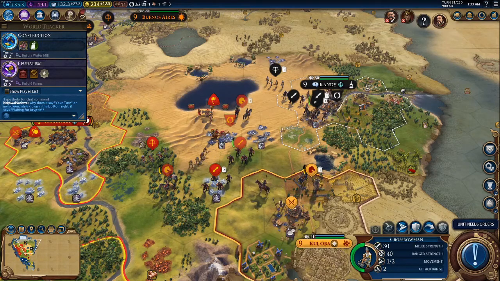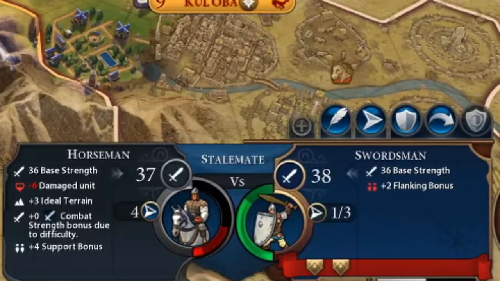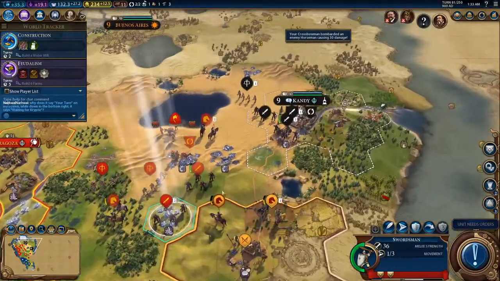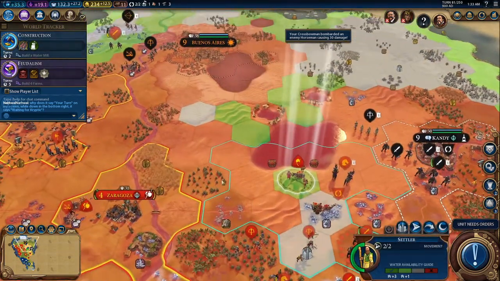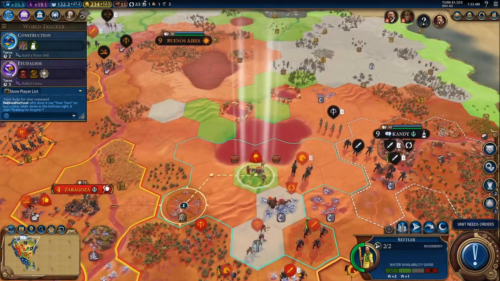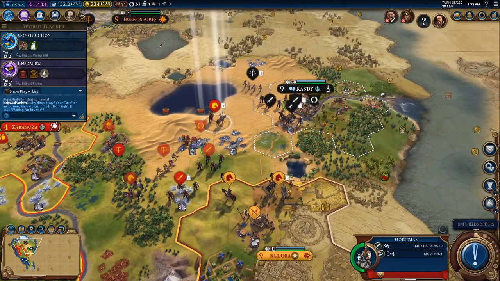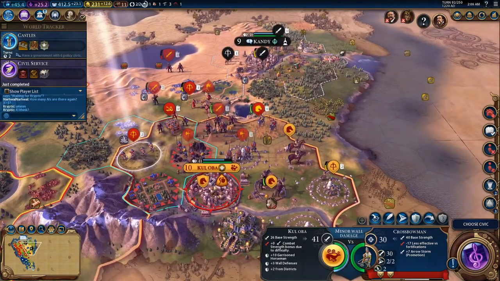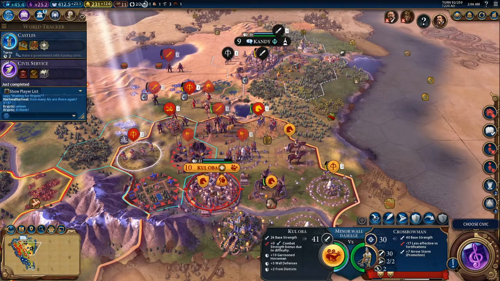Before executing an attack, be sure to review the combat calculations to make sure it's a favorable outcome. Keep in mind that terrain will affect the strength of units. Forest and hills confer defense bonuses and can also block line of sight, which will prevent ranged attacks from hitting distant foes. Once the barbarian encampments are dealt with, it might be time to set your sights on another civilization's